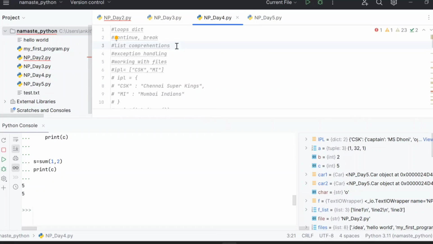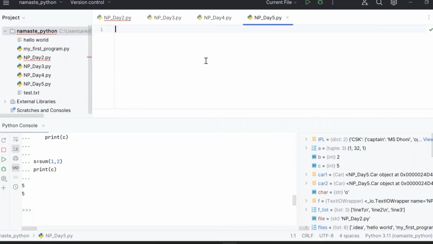And then also we saw how we can work with files, how we can open a file, how we can read line by line, how we can write, append. So all those things we covered. Today we are going to discuss about functions,